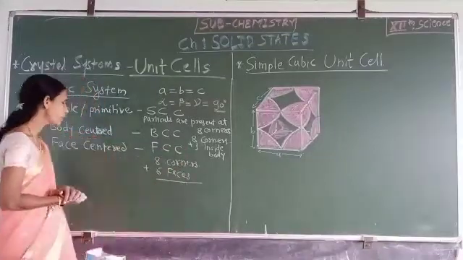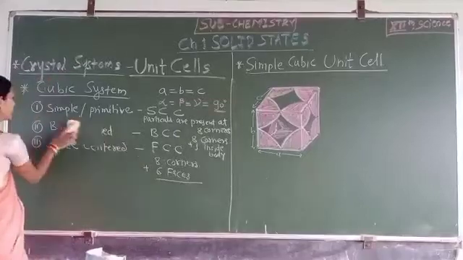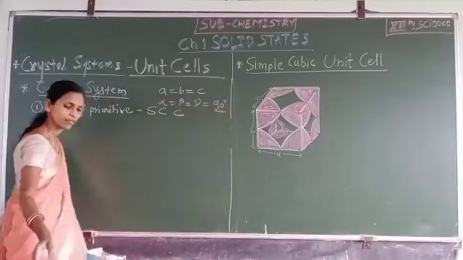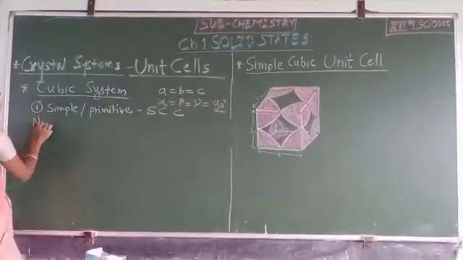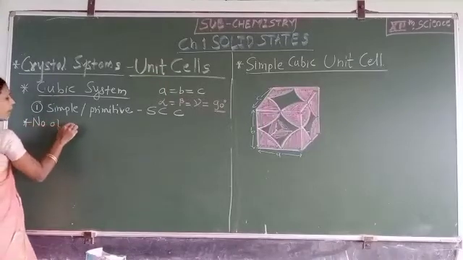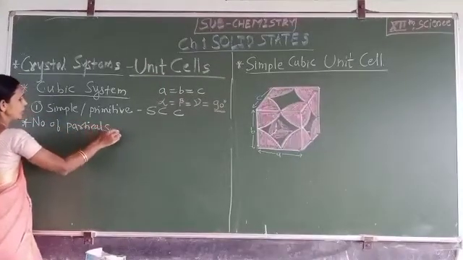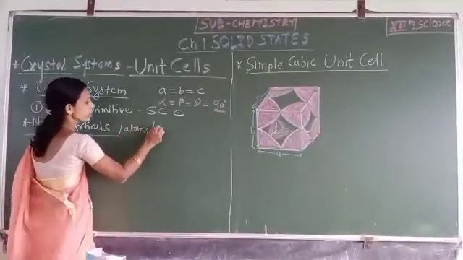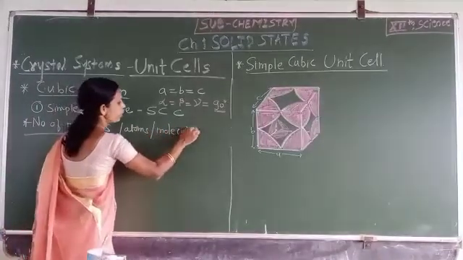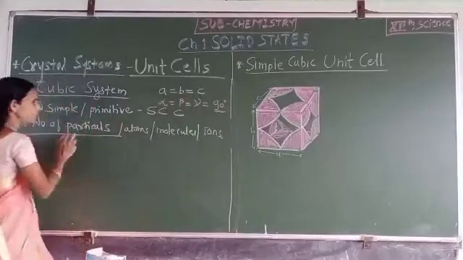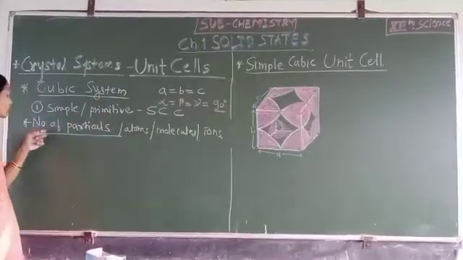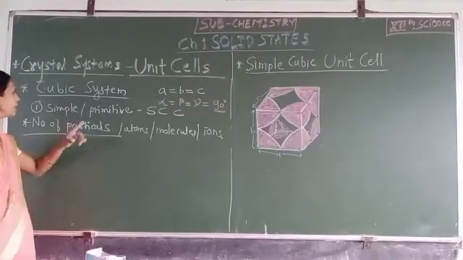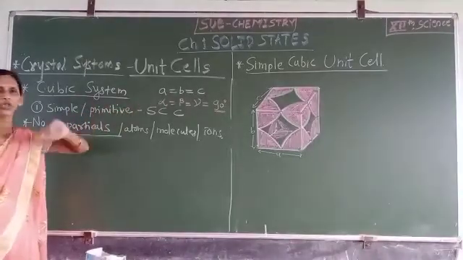Then we will study the total number of particles present in all types of unit cell. First of all, see here, number of particles, and all of you have learned about that. Particles means atoms or molecules or ions which are present in the unit cell. Then here we have to calculate the total number of particles present in the simple or primitive cubic unit